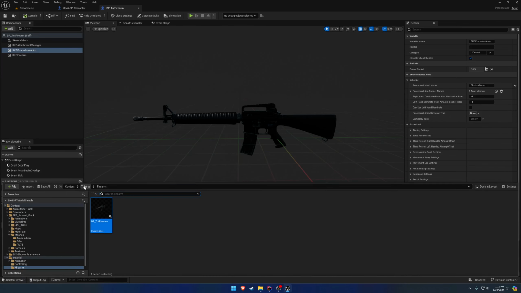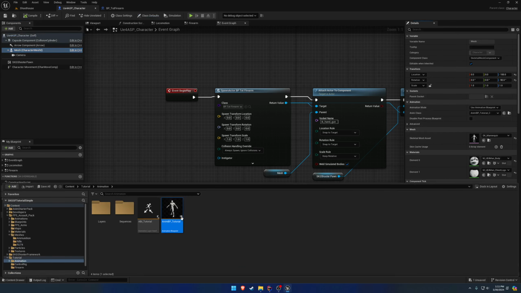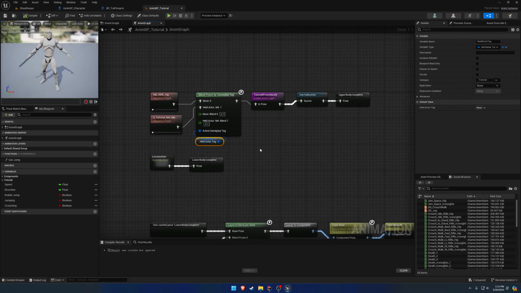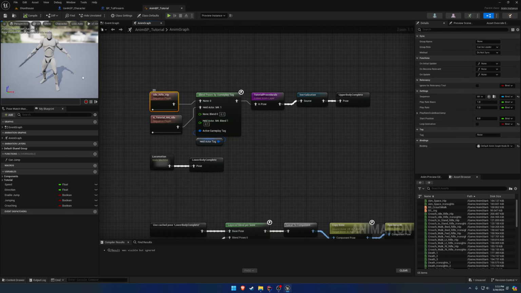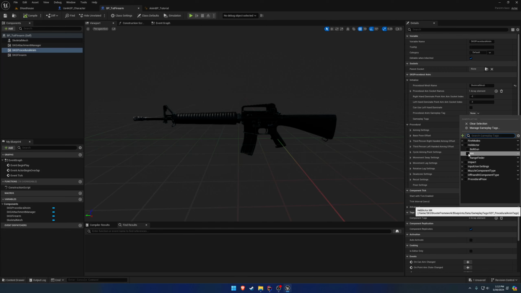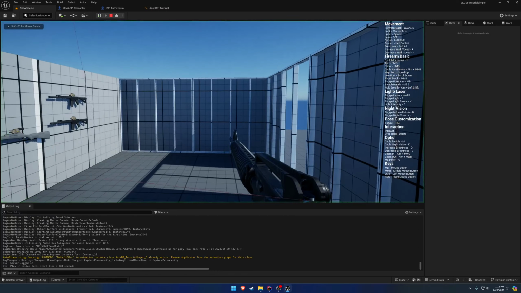So if we head over to the anim BP, we can see how that's getting used. So here we have the held actor tag. That's what it is for. So right there we are using the idle rifle hip, which has IK handgun out here in the A pose, whereas we want it to be the tutorial M4 idle. So if we're using the held actor tag M4, we're going to match that. So we're going to use the held actor tag for the M4, compile, save, and press play again, and now